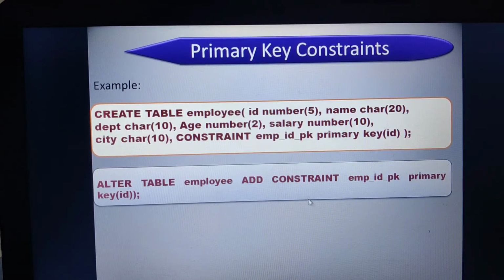So here also constraint and constraint name is again optional. Directly you can even write alter table employee, add primary key of ID. Even if you write it this way, the primary key constraint will be applied on the ID column in the employee table. So these are just the different ways to define the primary key constraint.